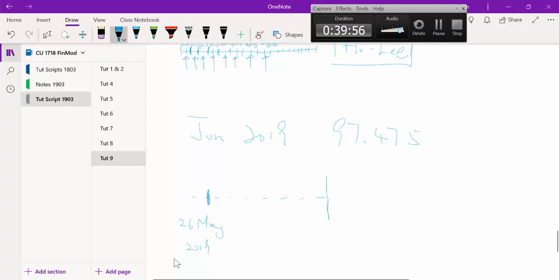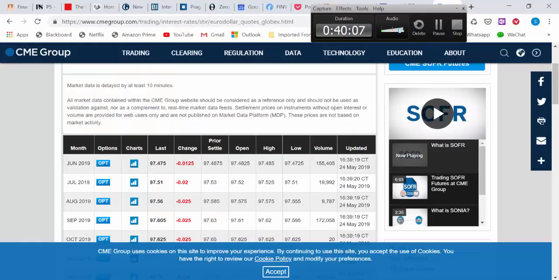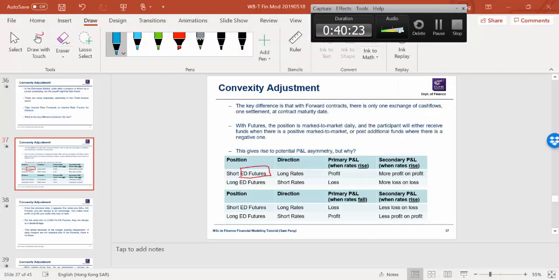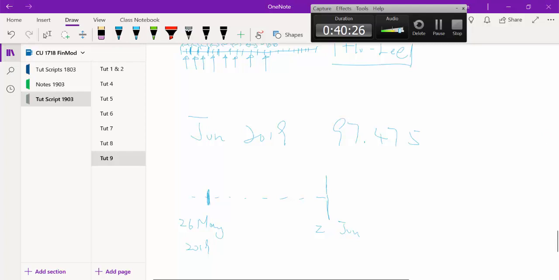This is a contract for settlement probably somewhere around 20th of June. It's normally the third Friday of the month. Well, I can tell you exactly when that is. What's the third Friday of next month? 21st. Okay, so for the 21st of June, the market thinks the 3-month forward rate for this period